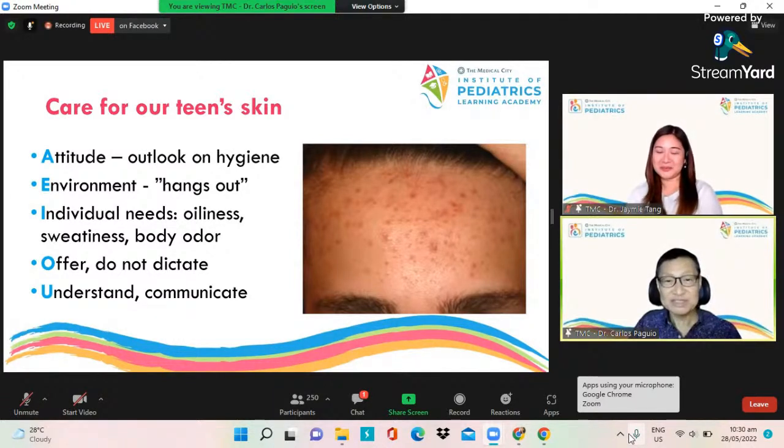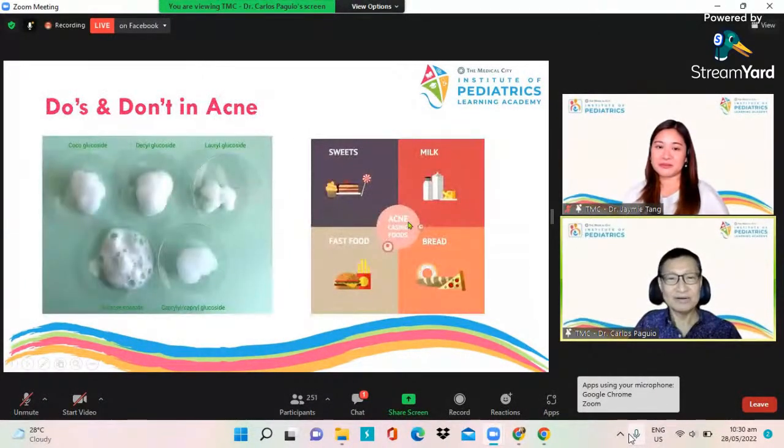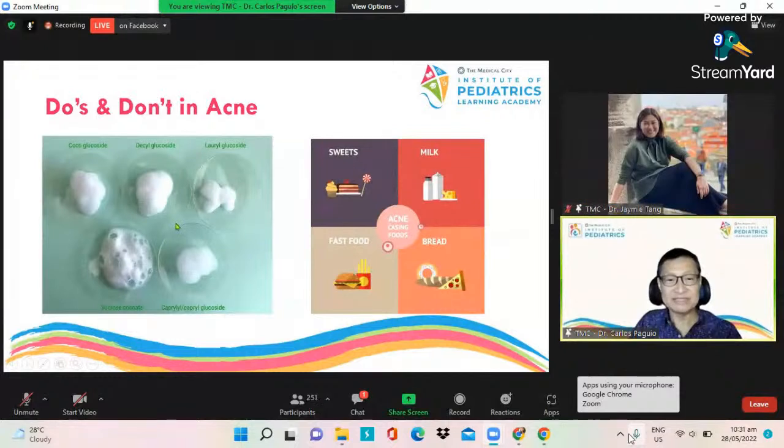So we have to set certain goals. We have to look at the outlook. We have to understand. O you see, akala nyo parang ano yan, Doc, philosophy ba lang yan? Hindi po. Ginagamit natin talaga yan sa pangangalaga sa balat ng ating teenagers, di ba? So ngayon, ayan, let's be practical then. What are the do's and don'ts in acne? We already showed you this. These are your Sydnets. Yan ang mga gusto nating Sydnets, right?